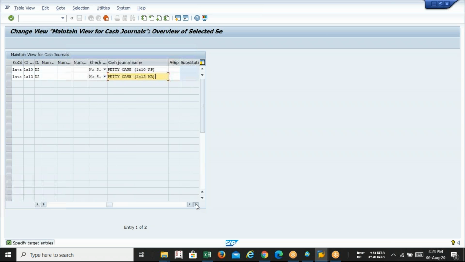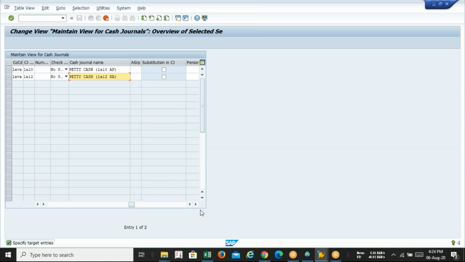After that, account group, no need to select anything. Person 1 and person 2, you can maintain your cashier name or your accountant name, so that you can identify this cash journal reporting. I can take it from this accountant or this cashier. It can be the name of the cashier, the accountant, or any kind of staff or assistant who will take care of all this. So you have to maintain person 1 and person 2.